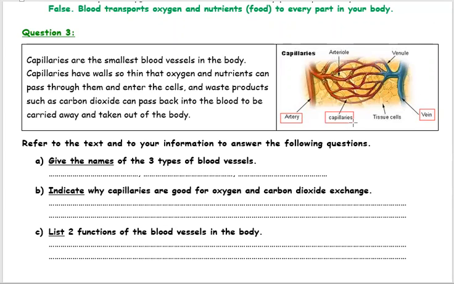They have thin walls, very thin walls. Why? This way, oxygen and nutrients can pass through them and enter the cells, enter the body parts. And waste products, such as carbon dioxide, can pass back into the blood to be taken away out of the